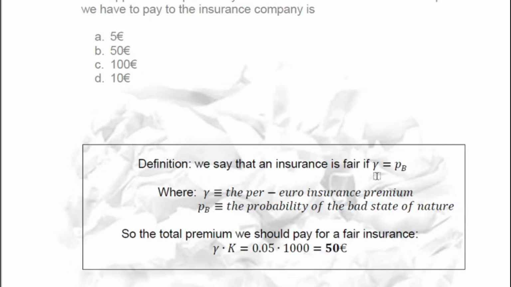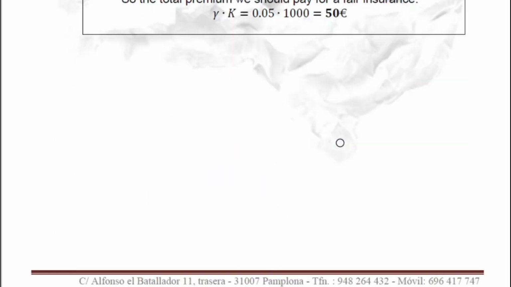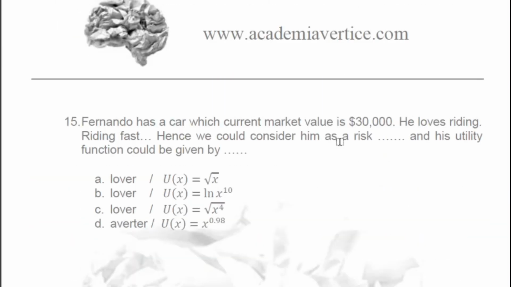Then, these are the names of the parameters we use in class, okay? And the calculations would be as easy as this, okay? This is a very easy question that I think it's important to have clear. So 15. Fernando has a car whose current market value is $30,000. He loves riding fast. Hence, we could consider him as a risk lover. And his utility function could be given by,